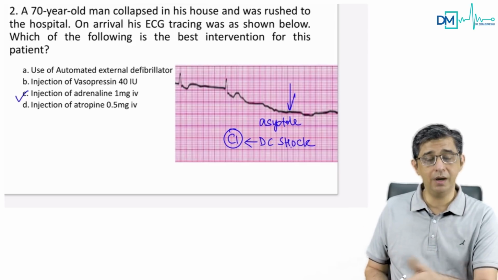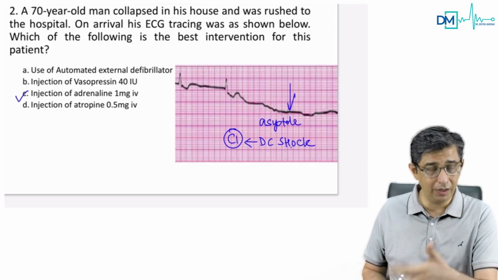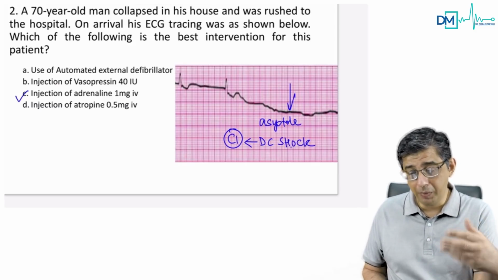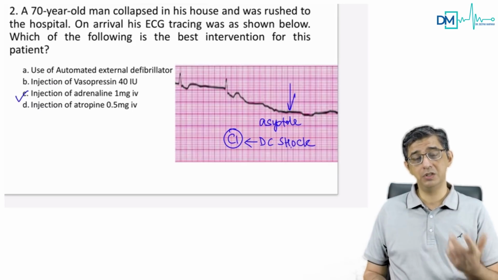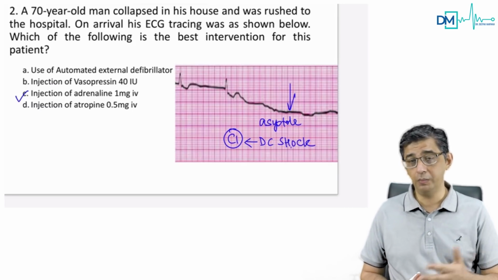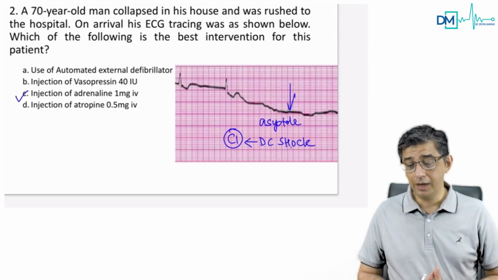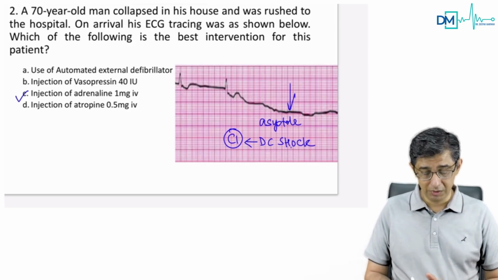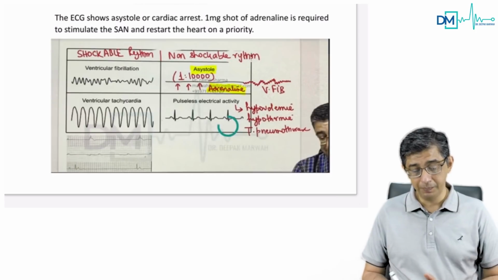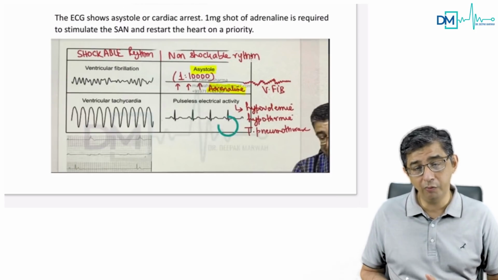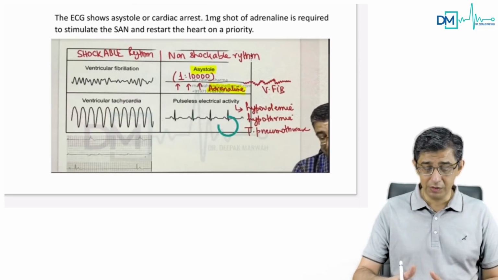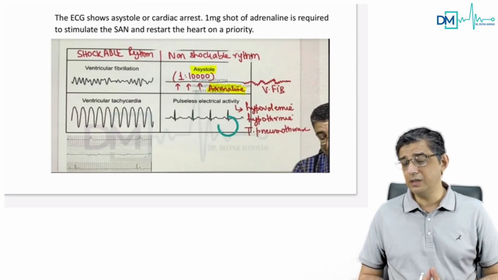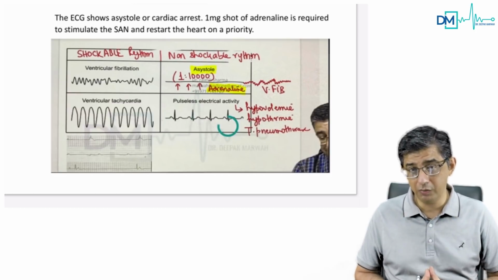You need to kickstart the heart, get the heart back to circulating or doing its job again. So you need to stimulate the SA node, and what's going to stimulate the SA node is adrenaline. So you give a 1 milligram shot, which would be diluted, and along with that, the CPR activity would continue. So the answer to this question is adrenaline for flatline ECG. And this is a snapshot from the app where I have discussed shockable and non-shockable rhythms. Emergency medicine, at least two lectures for the FMG section I would like you to study.